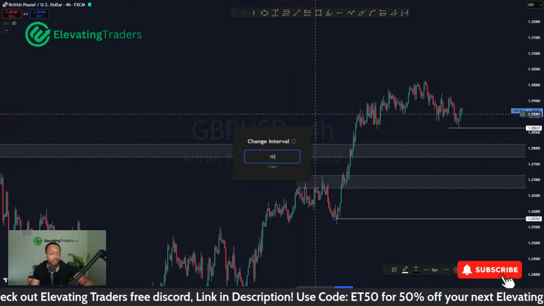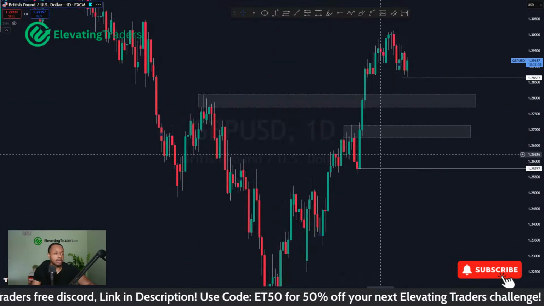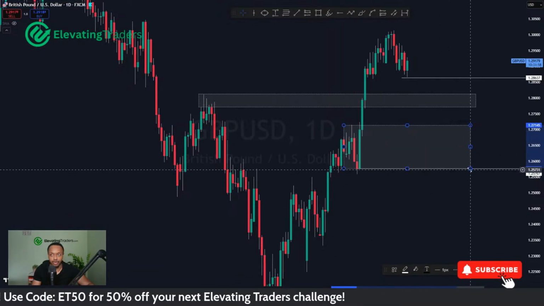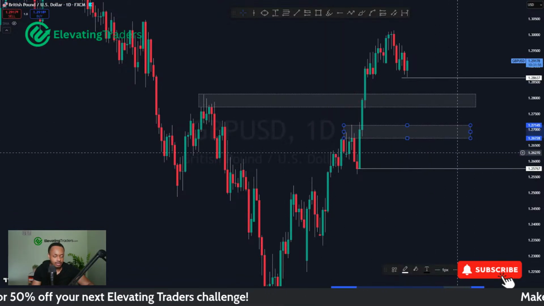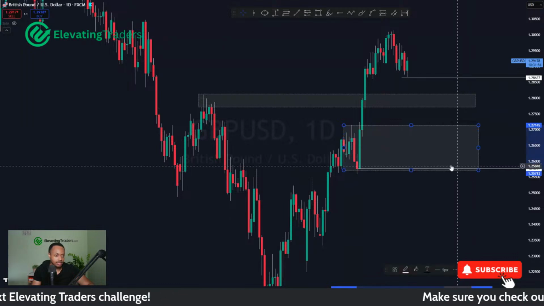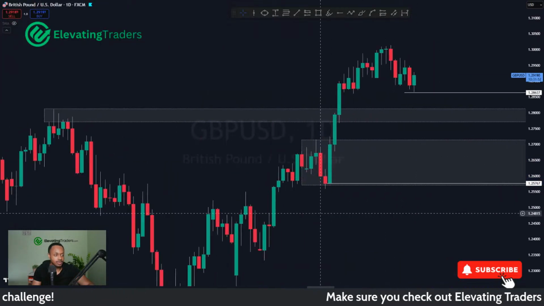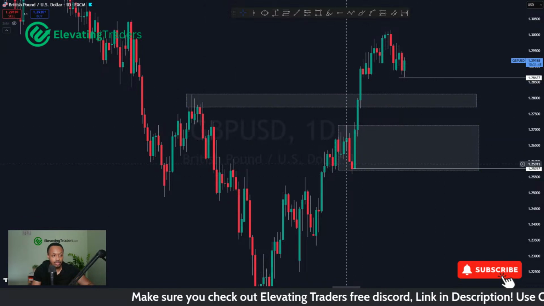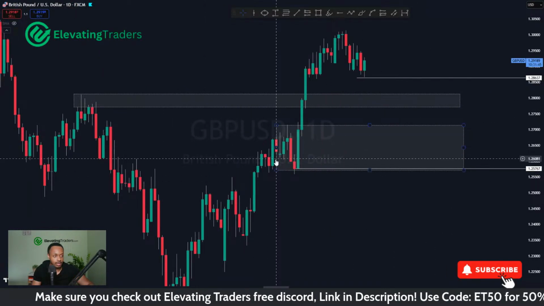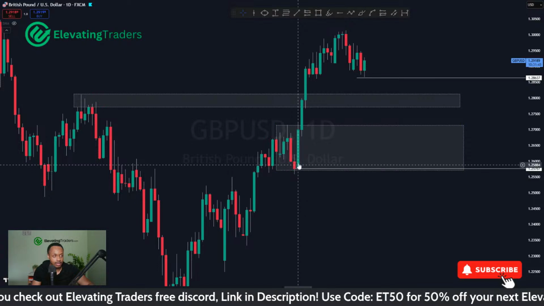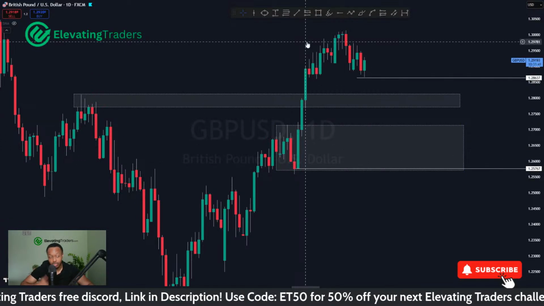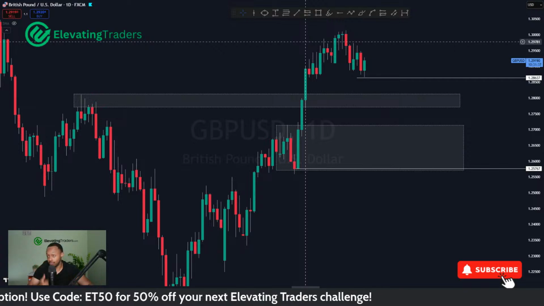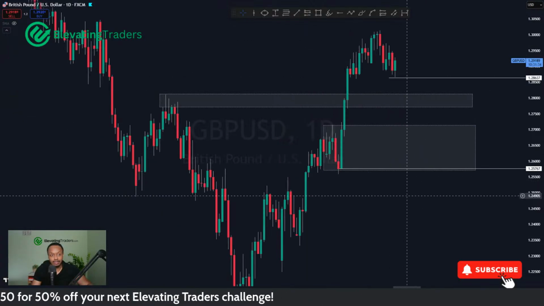Possibly. I mean, essentially, I'm looking at this range here. So I'm focusing the level on basically the retest of the high, but essentially this is my area of interest for pound USD. My initial area of interest is 1.28, but if that doesn't hold, I'm looking at this consolidation. We spent a few days moving sideways, and we had a really strong move to the upside, and that's where a lot of momentum came from. So I do think pound USD can possibly come back to that area again and react.